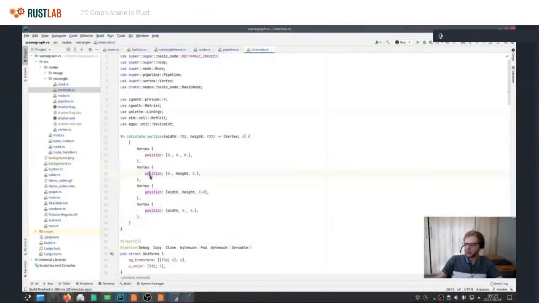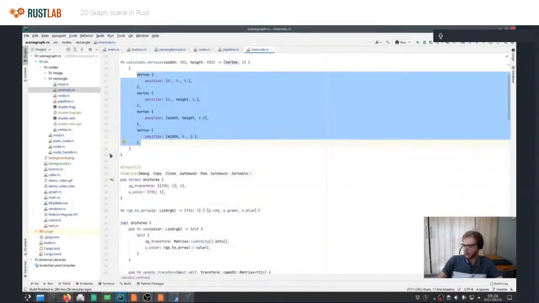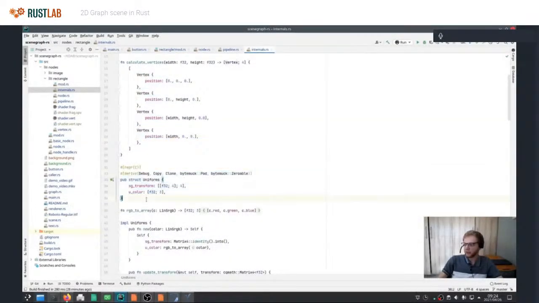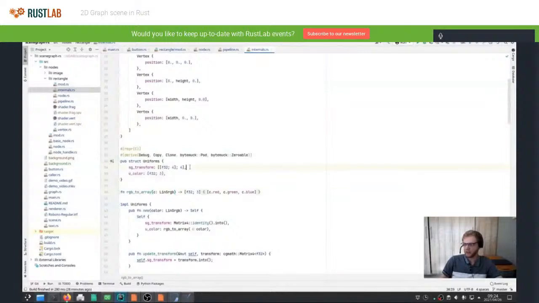Here you'll see I've got a function which calculates the triangle vertices for a rectangle. Not very complicated. And then here's the uniform for the rectangle. The first one is the scene graph transform. As I talked about, this is responsible for positioning the node. In my implementation at the moment, that is all it does. In Clercq, for instance, this does a bit more than just positioning. It does scaling and rotation as well. Mine can totally be extended to do that, but at the moment the only things in here are X and Y. And then the other uniform is the color for the rectangle.